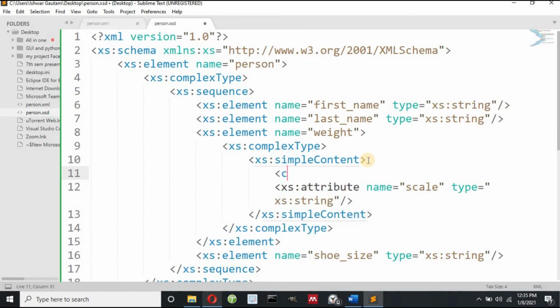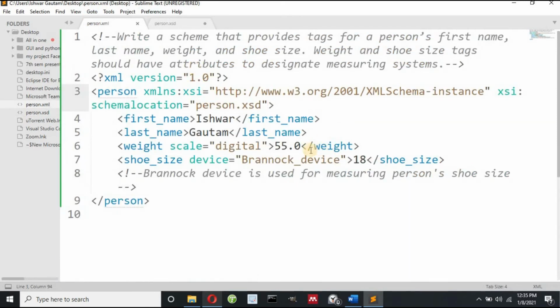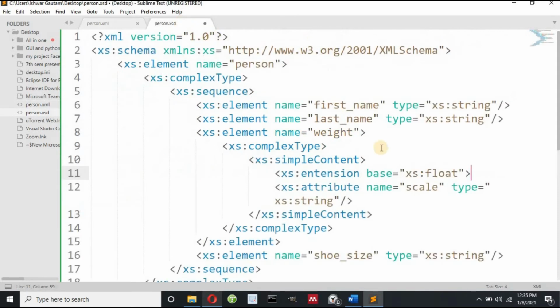You have to write xs:extension and base equals to, now here suppose I have to write float, because I have passed a float value here. I have passed 55.0, so this is my float value, and in this I have to write string because this is my string. So you can see here, now this data type is the data type of weight, and this scale is, I have used a digital scale, so this is my string value.